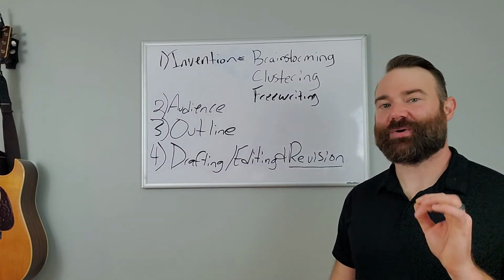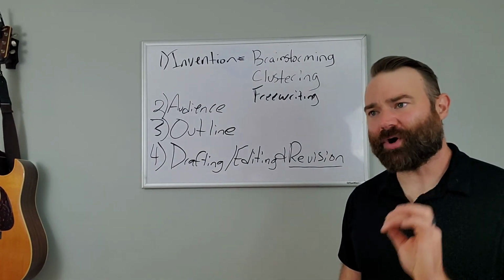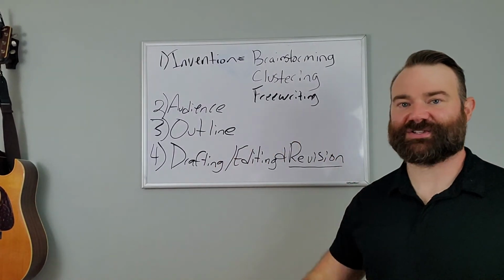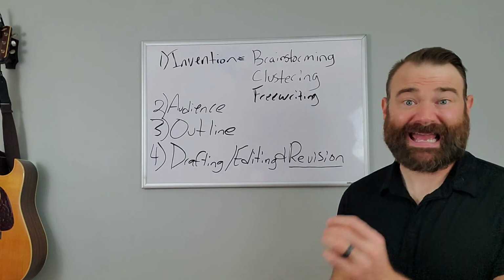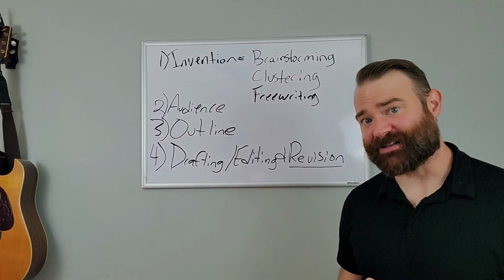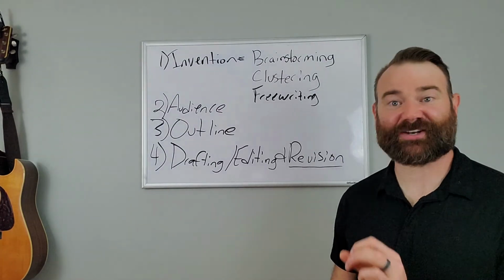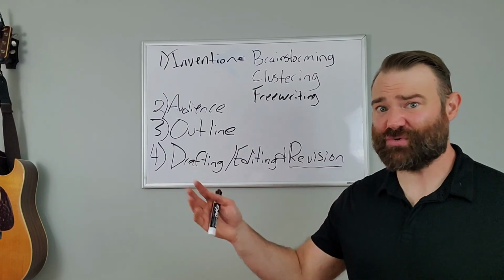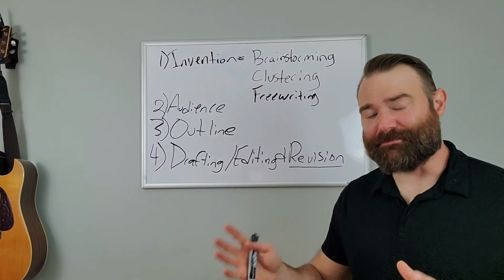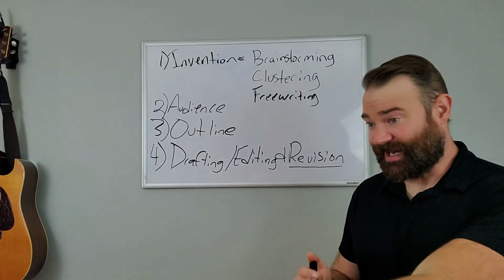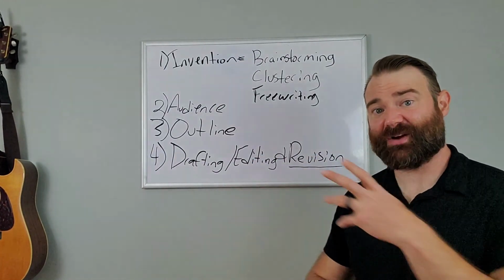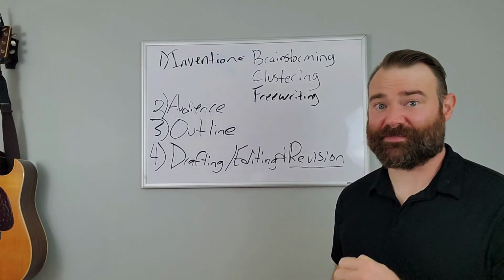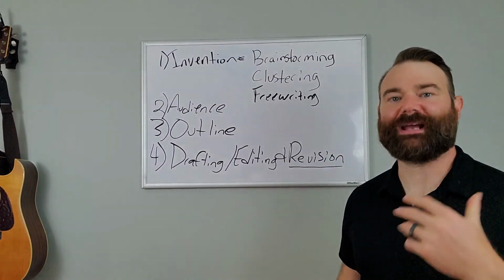And I get that. But revision is really important because the whole purpose of communication, again, is to provide some kind of a clear message to an audience that you're trying to speak to. And when we revise, we have to be honest and we have to say, does this actually do that? Or can I make some changes? And these can be huge changes or they can be small changes. But can I make these changes so that whenever I send this email or send this essay or send this communication, it will be understood even better? Is there any way for me to make it better? Okay, great, I'm gonna try.